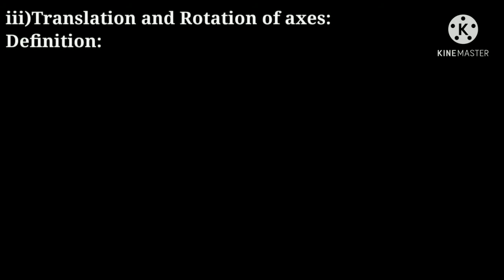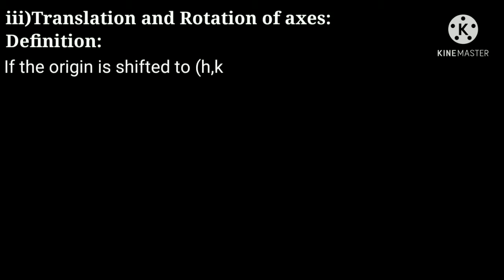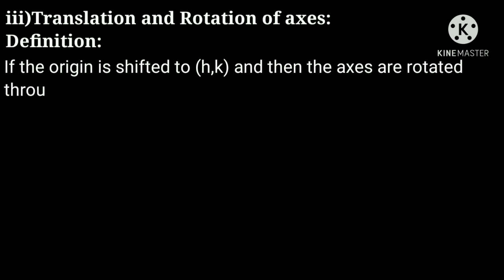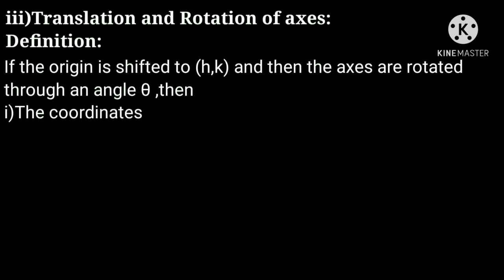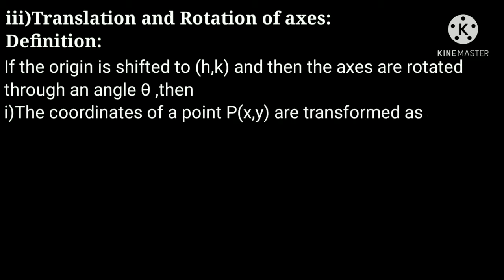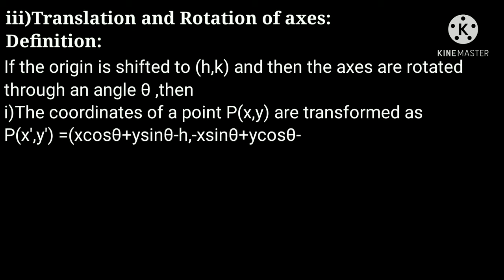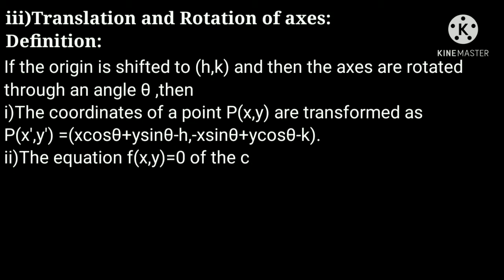Third one, translation and rotation of axis. If the origin is shifted to (h, k) and then the axes are rotated through an angle theta, then the coordinates of a point P(x, y) are transformed as P(x dash, y dash) equal to (x cos theta plus y sin theta minus h, minus x sin theta plus y cos theta minus k),